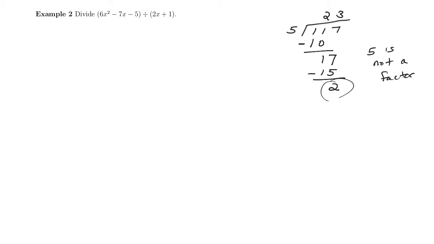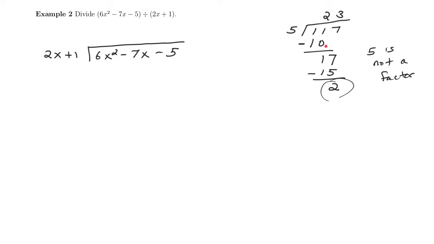But just to leave that over here, I'm going to write down 2x plus 1 divided into 6x squared minus 7x minus 5. And I want to use the algorithm that we use for whole numbers on polynomials. The way this works is you look at your 6x squared and you want to completely cancel it. That's kind of like looking at the 11 and saying, all right, I want to cancel as much of that as possible. So I put something above the 11 that multiplied to the 5 to get me as close to